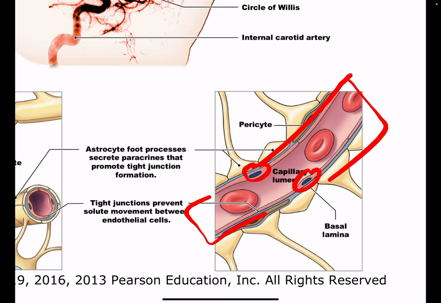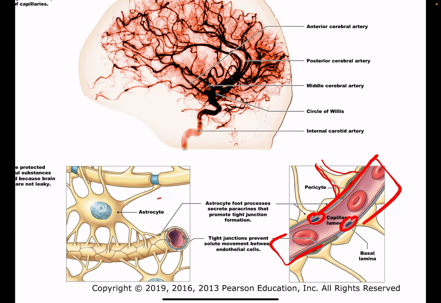And what sits on top of the endothelial cells is a tiny layer of connective tissue, super tiny, just to keep things together. And then you see these little things called pericytes. They're like little feet that have wrapped around the capillary. They've connected themselves on top of the capillary. Those little feet processes come from astrocytes. So you can see here an astrocyte, and multiple astrocytes wrapping their little feet around the endothelial cells, that capillary